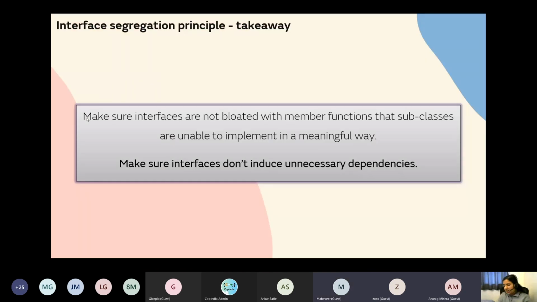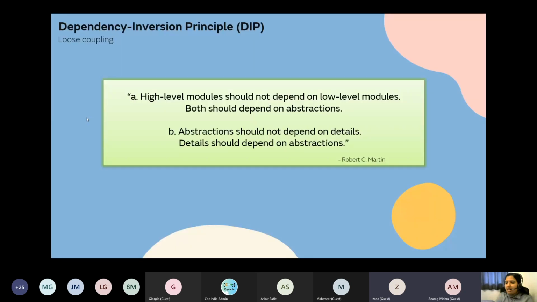So here is a takeaway for interface segregation principle. Make sure interfaces are not bloated with member functions that subclasses are unable to implement in a meaningful way. Make sure interfaces don't induce unnecessary dependencies. If that is the case, we are going to the last principle in SOLID principles, which is dependency inversion principle,